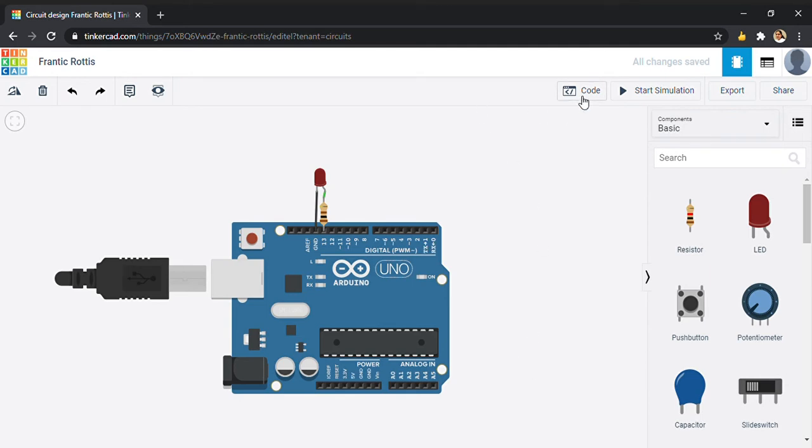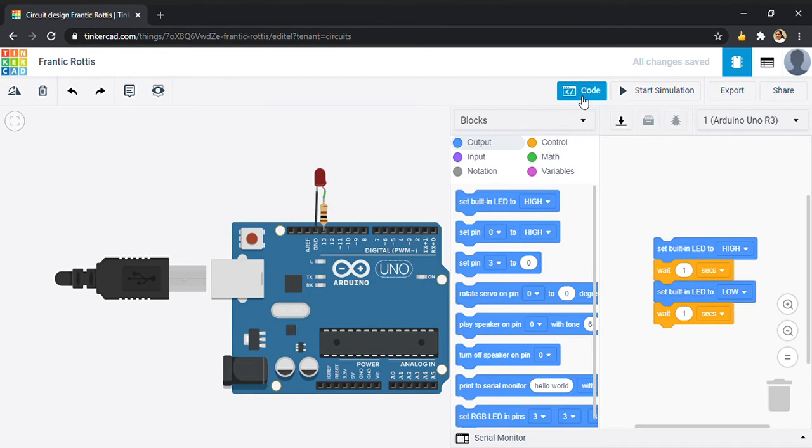Now let's make the code for this one. Click on the code over here. You will see there is something that is already programmed. So whenever you drag in the Arduino, you might see this. What this code right now does is, there is a built-in LED over here, which is turned on and off with this code. You can check it out without this connection as well.